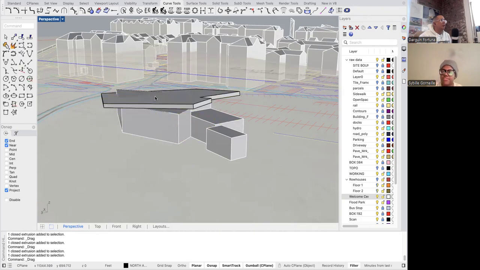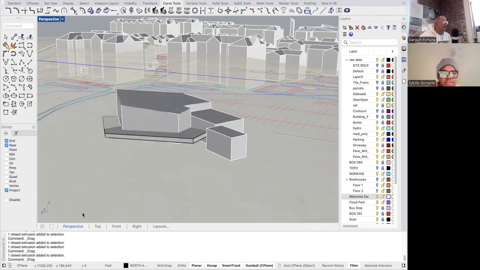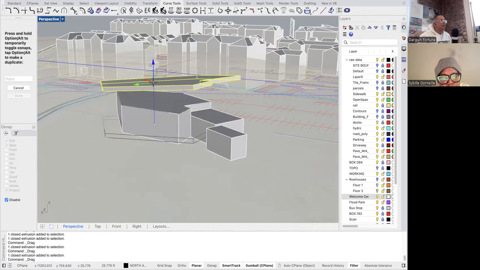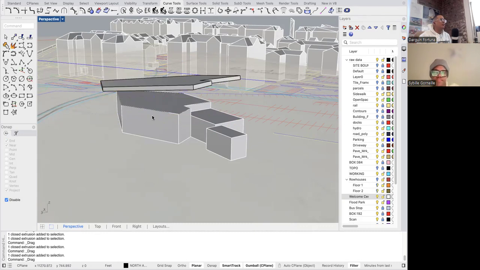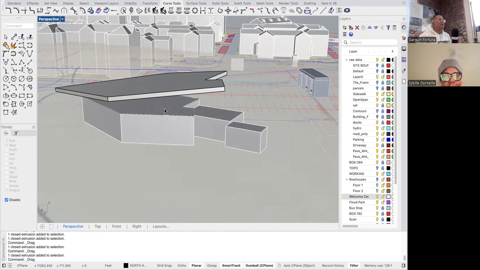Oops. Sorry. I think that's okay. I can just close the other. No, I'm gonna turn off the snaps for a minute, because I don't want it to snap. So if you have a roof that you already tilted, like the one that you had before, you could basically screw this guy